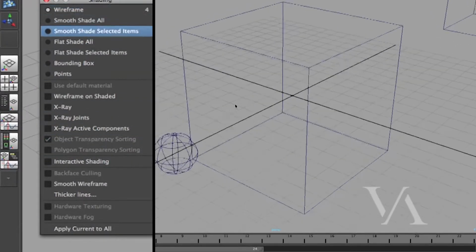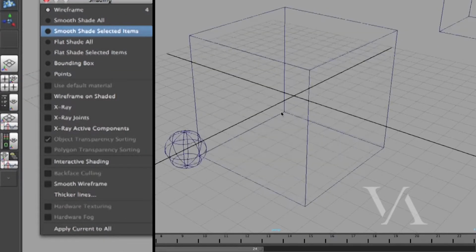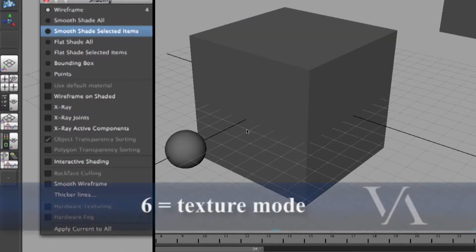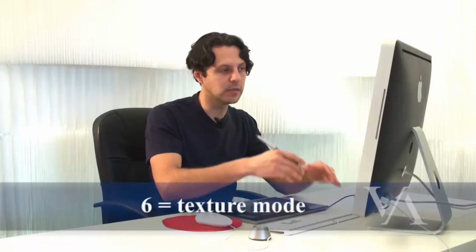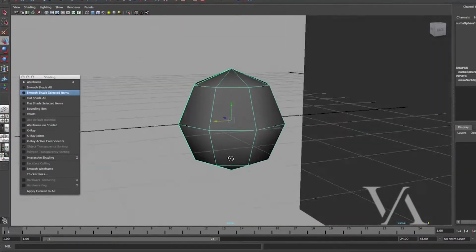So that is very useful. So we should go like 4 and 5, 4, 5. 6 would be for the textures. Once we get into texture, you're gonna see the texture right there. And then the other keys that are very common is that if you press the 1 key right there, number